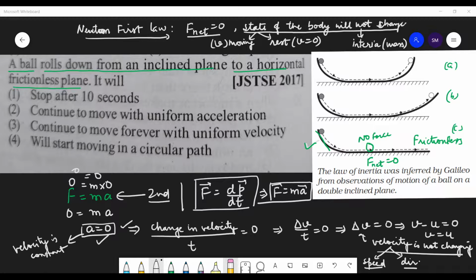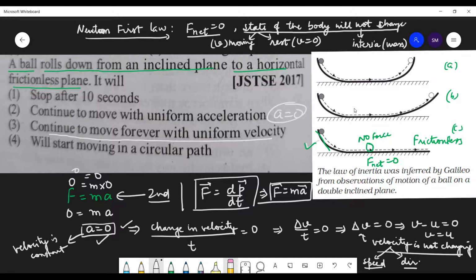So students, here the acceleration is actually zero, so there is no uniform acceleration. Acceleration is actually zero, and in the third case, the body will continue to move forever with uniform velocity. So these were the three experiments that were